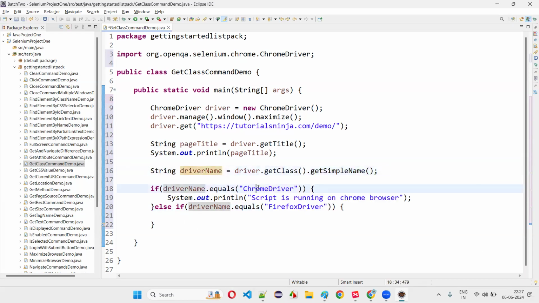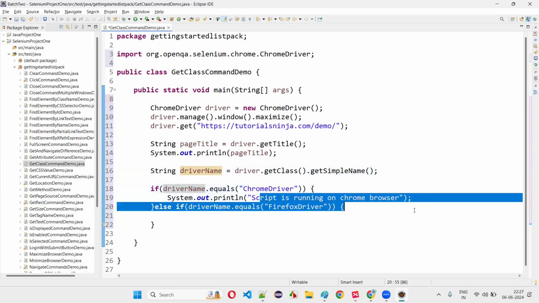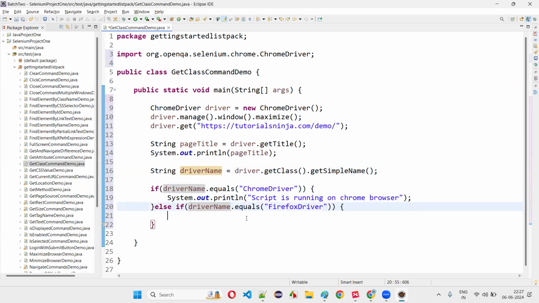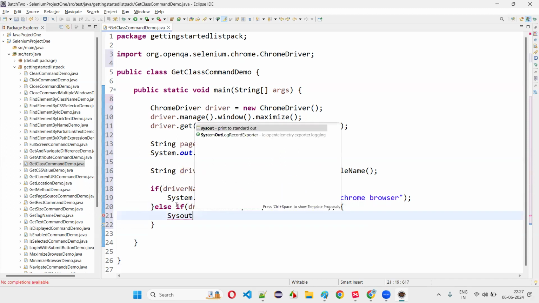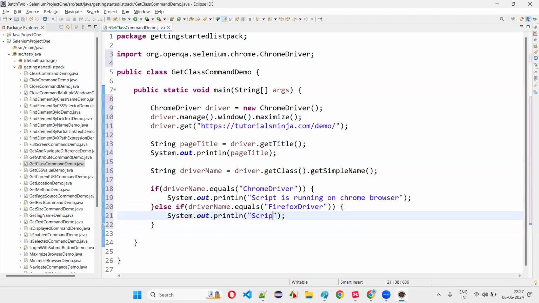And if the driver name is matching with Chrome driver, that means the script is running on the Chrome browser. If the driver name is matching with Firefox driver, means the script is running on which browser? We can print it out. Script is running on Firefox browser. I'll write the script very faster. Else if